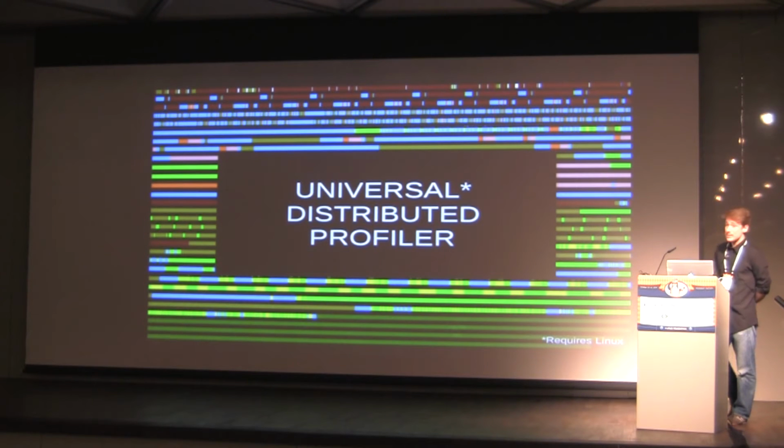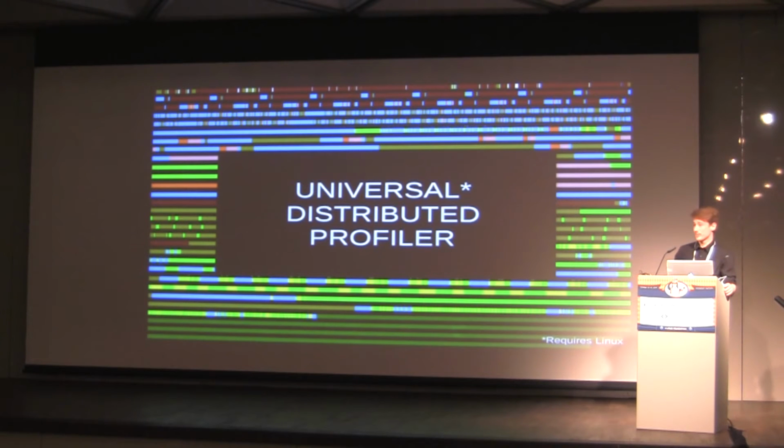I like this because it is universal. The user space application cannot escape it. We can trace viruses, for instance. It is distributed, as Geneviève showed. We can trace multiple machines and synchronize the traces to get them together. The goal is a complete view across machines, which allows us to easily pinpoint the performance problems, which can be the network, the server, or, in my experience, often a DNS server that was misconfigured. Anyway,